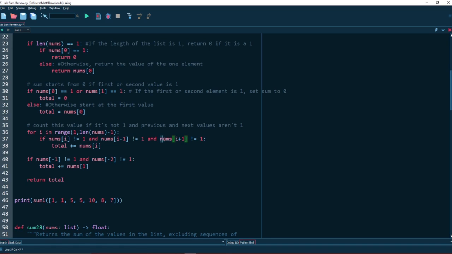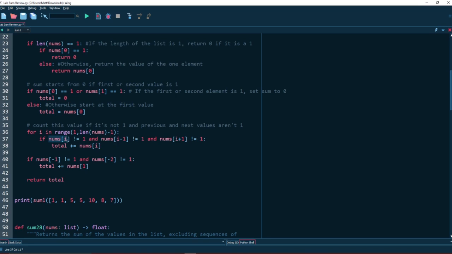Because we have to do i +1 to get the next value, because we have to skip the next value. If the next value is 1, we want to put it to 0, because of the preceding value, as the example says. So since that i +1 is there, you need to have length -1, and then you'll have to take into account the last variable in a separate part. So the loop can only go until the second last value. So for i in the range from 1, because we already covered 0 up here, so we start at 1, until that second last index.